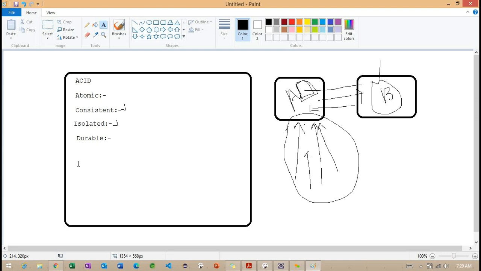Once the transaction has completed, whether it is successful or failure, the result of the transaction is going to be made permanent. Getting the point. The result of this transaction is made permanent.